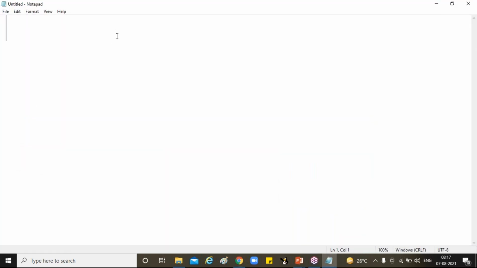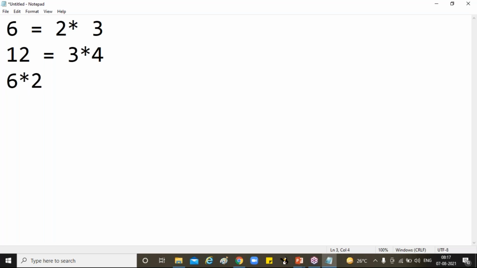Listen, all of you. One of your friends asked that. For example, 12. Yesterday I gave 6. I said that 6 is a composite number. That is the reason the number is divisible by both 2 and 3. Then only the given number is exactly divisible by 6. But if they ask 12, the possibilities are 3 into 4 and 6 into 2. Understood all of you? Whenever there is 3 into 4 and 6 into 2, which one is correct is our concept.